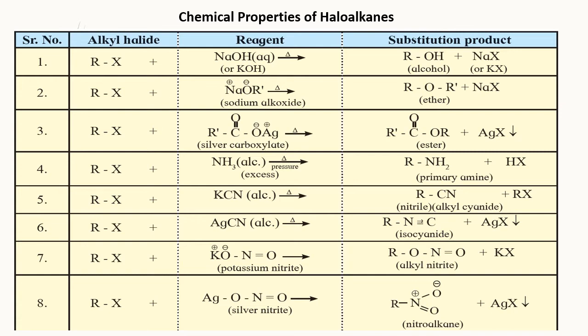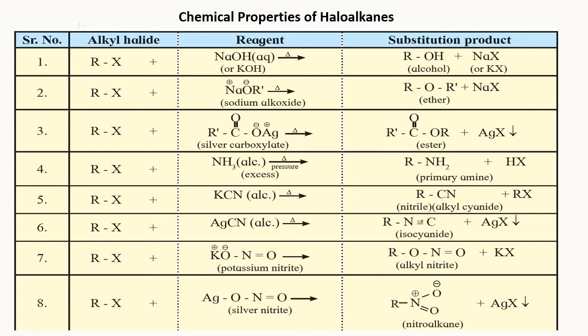Chemical properties of alkyl halides. Reactions in which an atom or group of atoms is replaced by another atom or group respectively are called substitution reactions. The C-X bond in alkyl halide is a polar covalent bond, and the carbon atom in the C-X bond is an electrophilic center. It has therefore a tendency to react with a nucleophile. The alkyl halides react with a variety of nucleophiles to give nucleophilic substitution reactions.